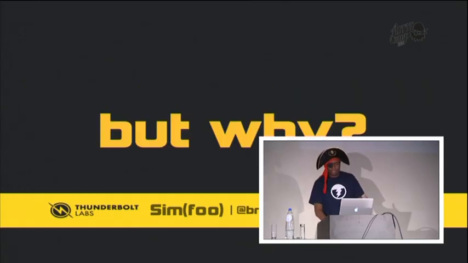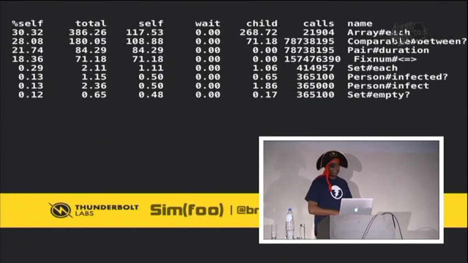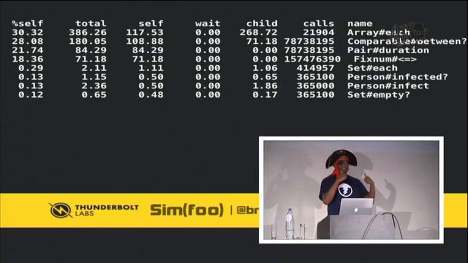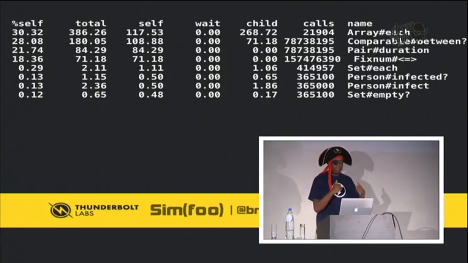So let's talk about why it's not going to work. Here, this right here is output from RubyProf. And you'll notice that most of the time is spent in array each, but if you look below that, these next 3 lines is really where we're spending a lot of the time. And what's happening here is we are trying to compare 2 dates. So each time that we go through the iteration, we need to figure out if pairs are active and if they're actually valid, and we have to compare dates against each other. And the problem is that this, unfortunately, in Ruby, out of the box,